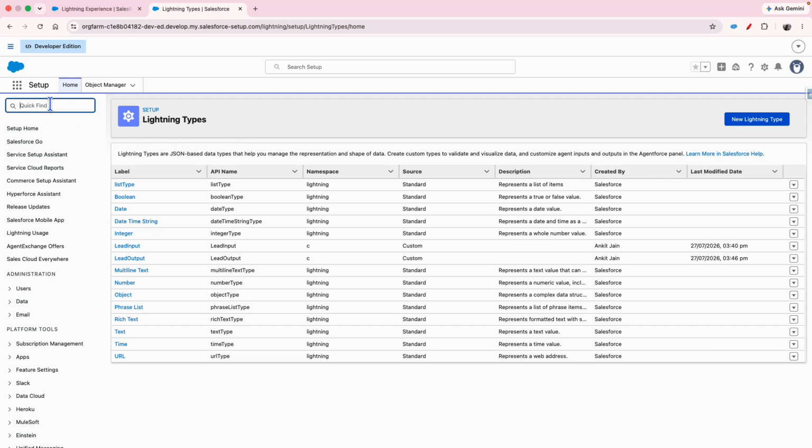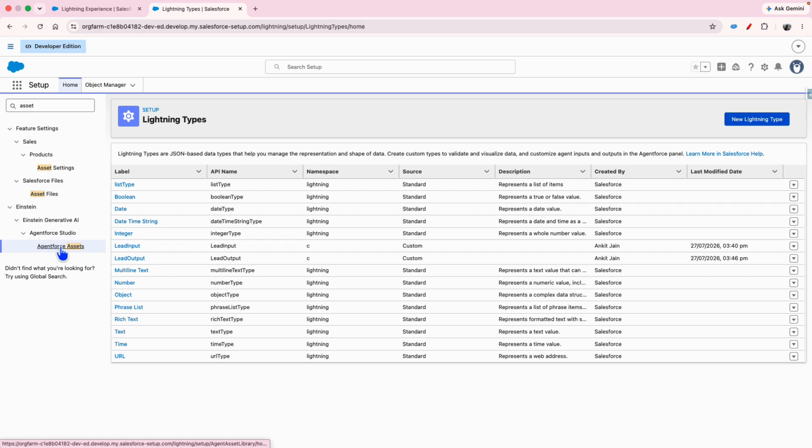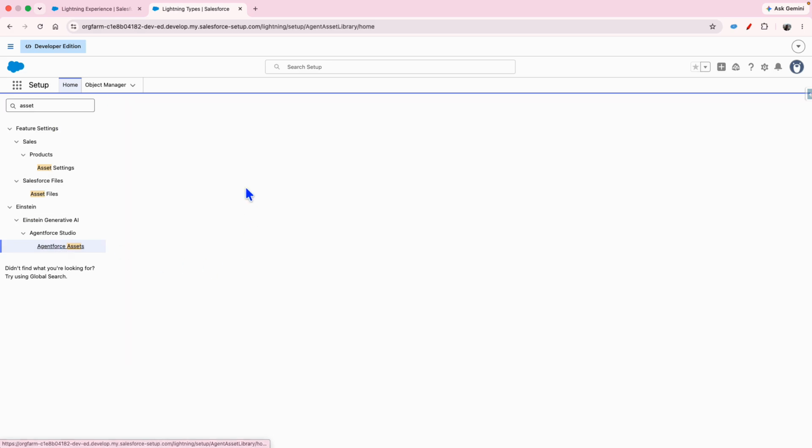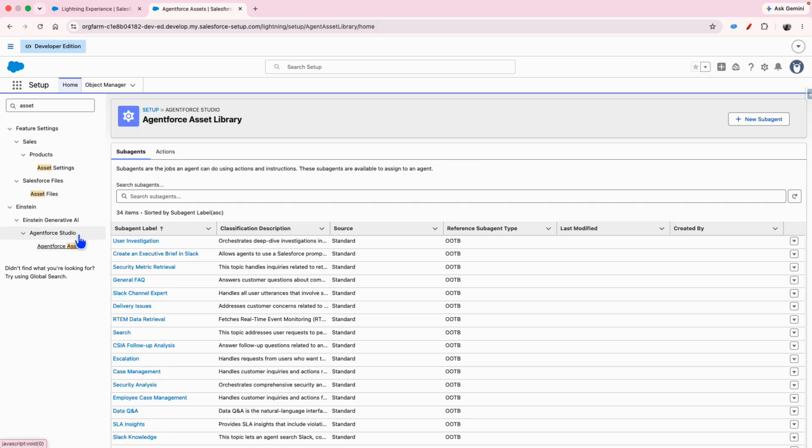To do this, you have to navigate to the Quick Find, and then look for the asset. Typically, we build the asset whenever we are working on the legacy builder. But as I said, whenever you are working on the CLI, then also you have to create the asset. To do this, I'm on the Agentforce asset,